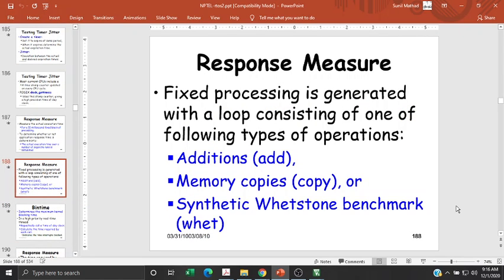Is generated with a loop consisting of one of the following operations. So how do you measure? You again have a profile. Normally it is called execution profiling. Execution profiling is if you have written a code, how many times a particular loop and such are executed, and whenever you survey the execution profile of different programs across the market, then you have a good mixture of how many times arithmetic operations were executed or branches were executed and so on. You create something synthetic with respect to that,